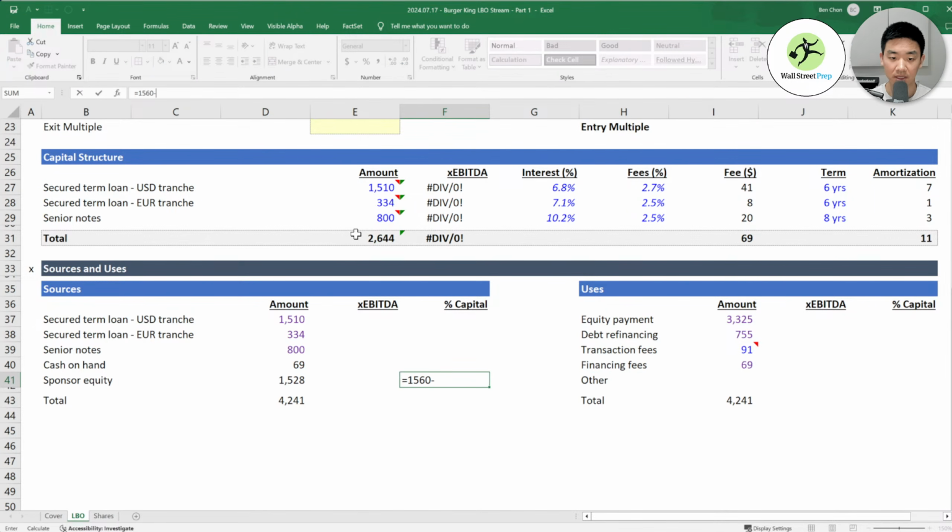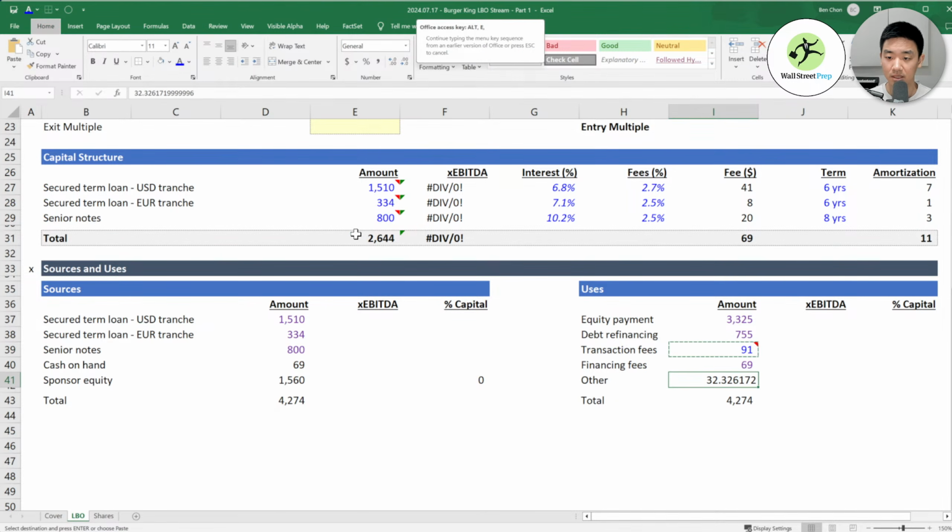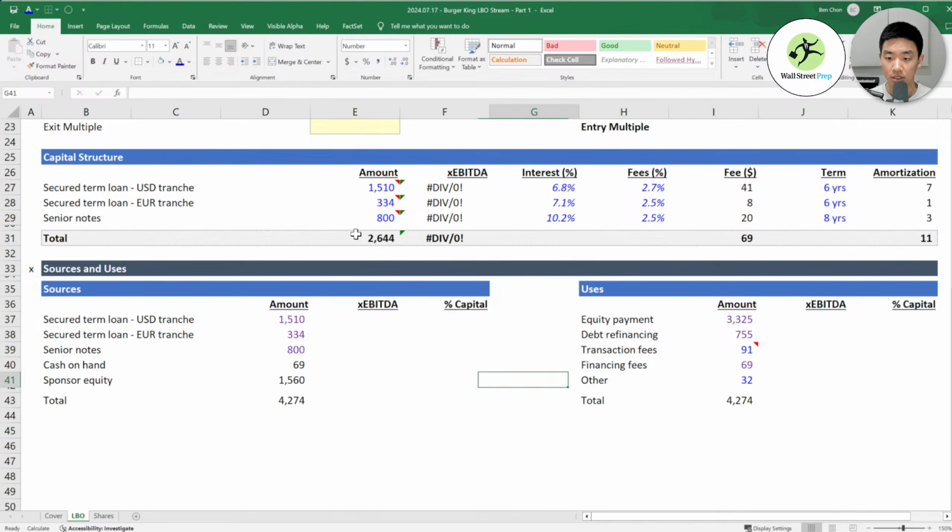So in order to back into this number, what I'm going to do is take 15560 minus this, and say, okay, there was 32 million somewhere else that needed to be accounted for, but is not talked about in the filings. So I'm just going to say there's another line item we need here.